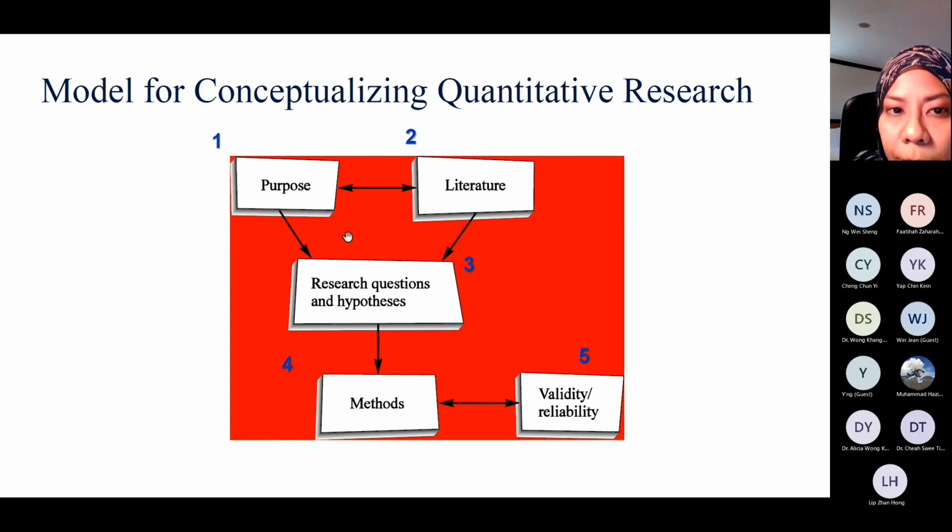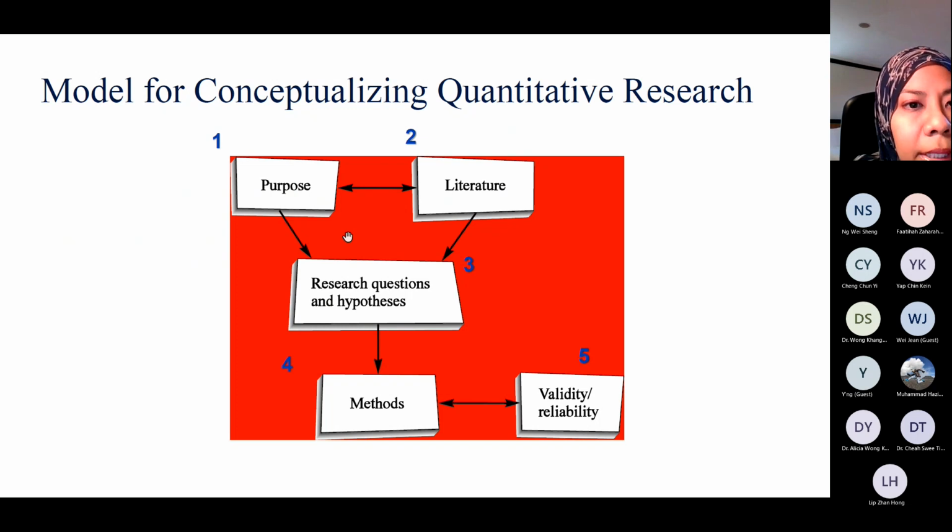By looking into the topic, we can decide whether we should use quantitative research method or qualitative research method. Qualitative research method will be explained by Dr. Azrin next time. But what I'm trying to say here is that we need to have the topic so that we can decide whether we should use quantitative or qualitative research. So that's the purpose.